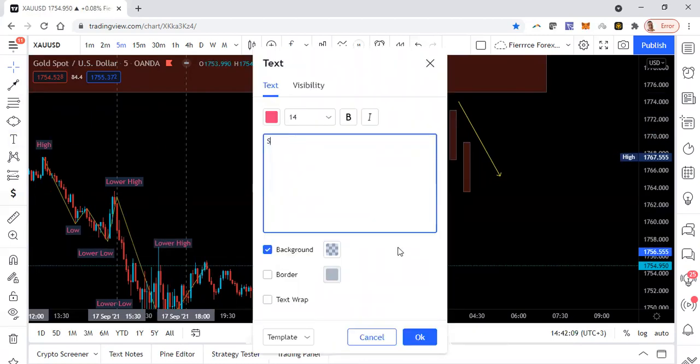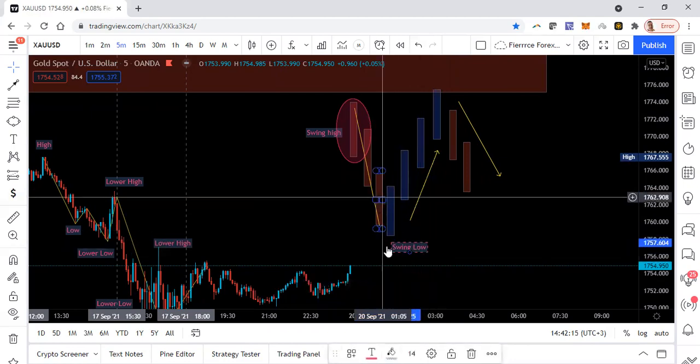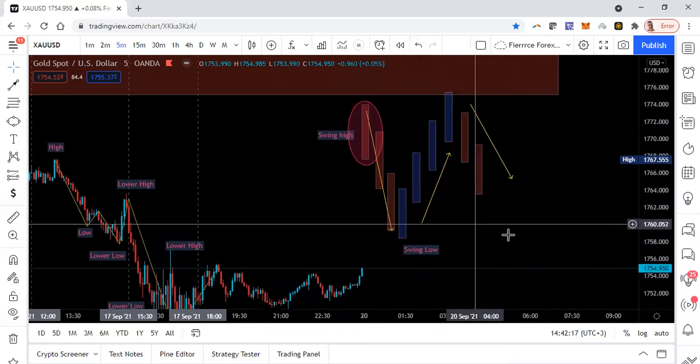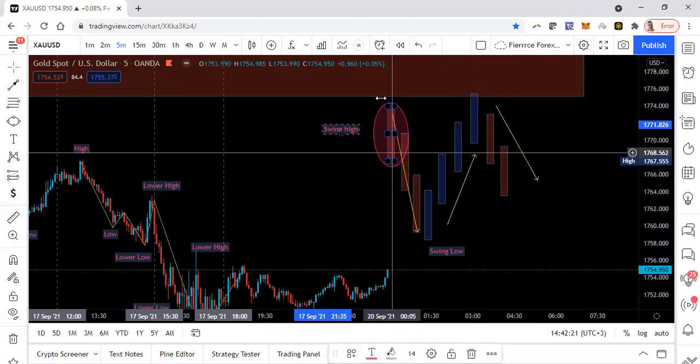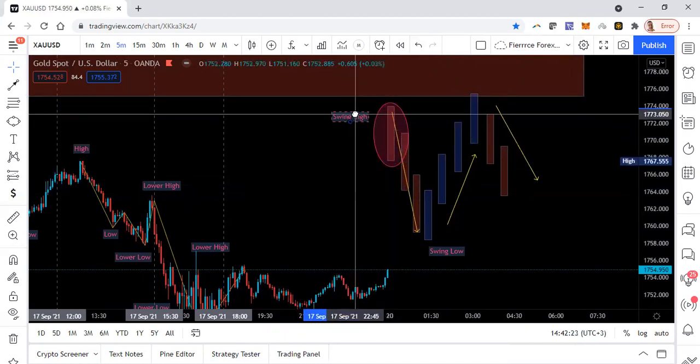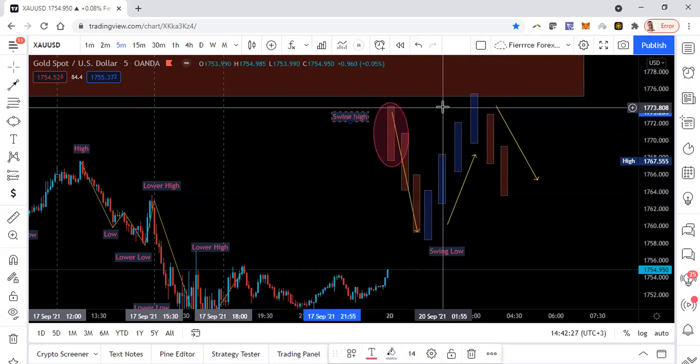Our swing low candlestick here. And it could be anything. It could be a rejection candle. I'm just putting it as a base, normal full candlestick. It could be any type of candlestick, as long as the swing high forms at the end, at the beginning of a trend. Whether the trend,